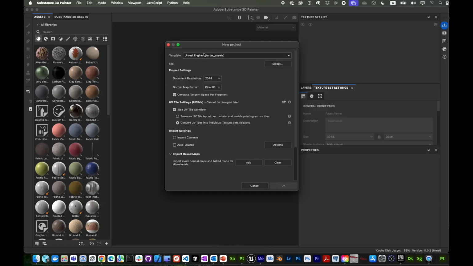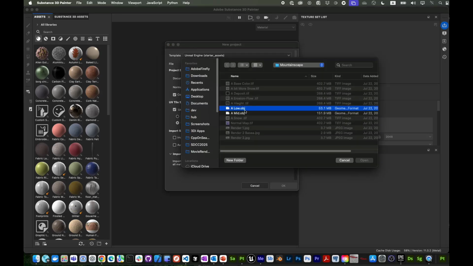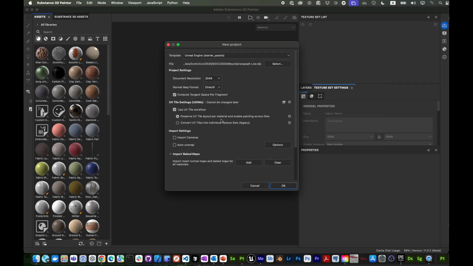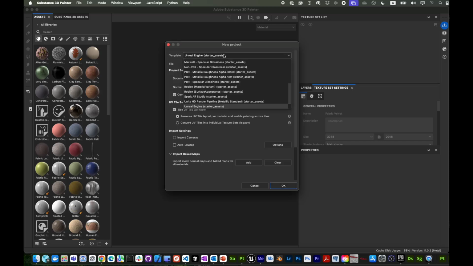Fire up Painter. For the purposes of this demonstration, I'm going to be working in 2K by 2K resolution, and I'm going to be using a lower poly version of the rock of the mountains that Stephen gave to me. So let's go ahead and select it. Everything else should be by default. And now, here is